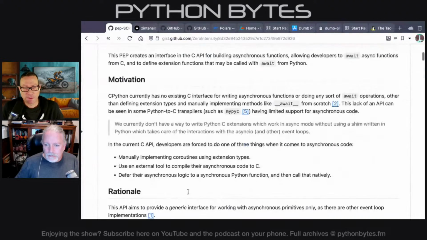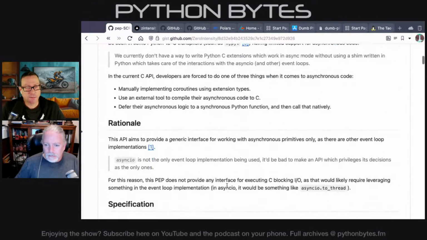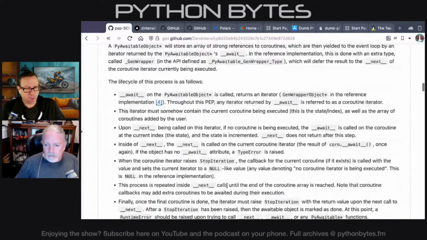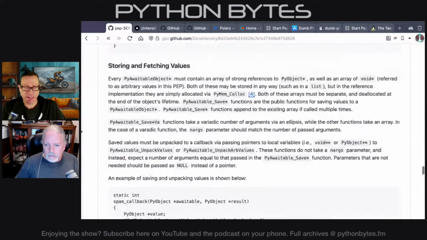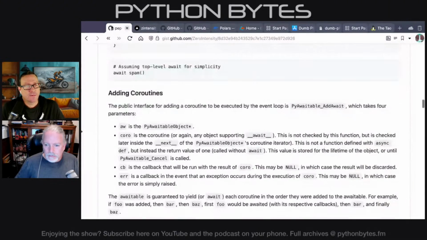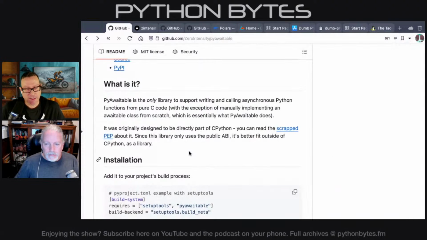I don't know if it got far enough to have a number, but there's the whole PEP write-up of what is the value of this? Why does it exist? How to use it? How should it be added? And from what I understand, since this thing only uses the public interface of the C API, it doesn't necessarily have to be part of CPython. It could just be a third-party library.